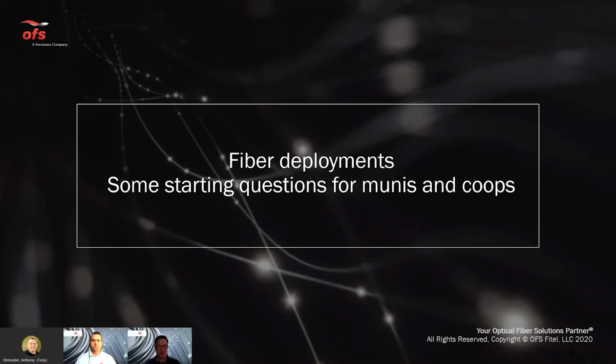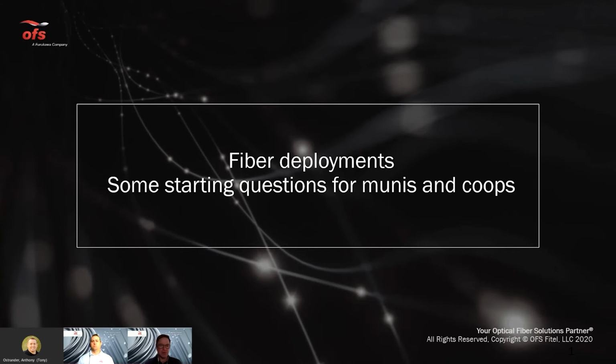We are both with OFS, and we're going to give a presentation today on fiber deployments, some starting questions for munis and co-ops. There are a couple of questions with new builds, and two of them are just how do you build it, with what types of cables, and then also what kind of network architecture do you use. And we're going to talk about some of those choices and give some of the various pros and cons